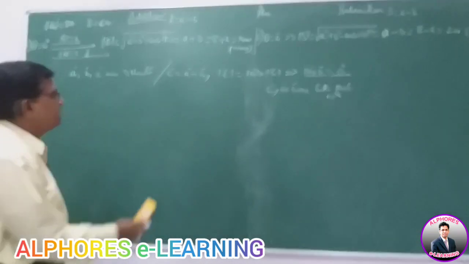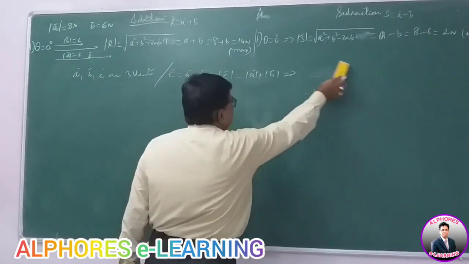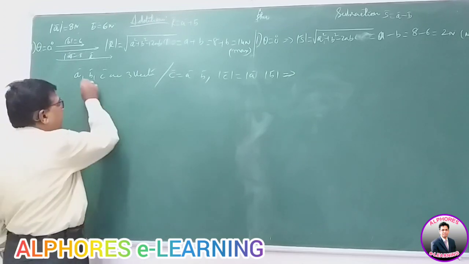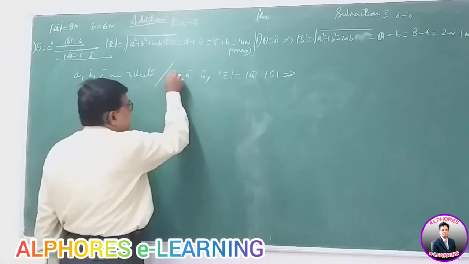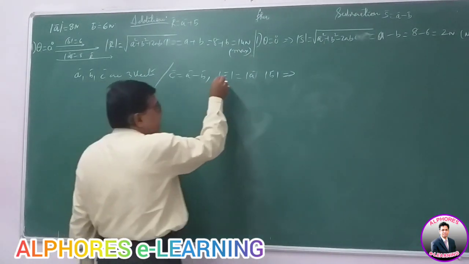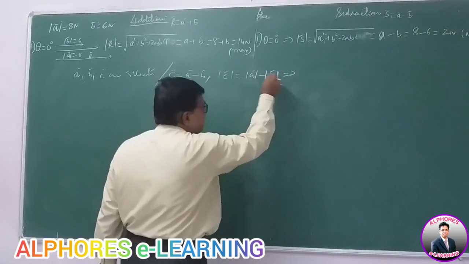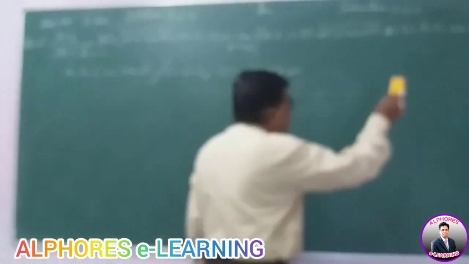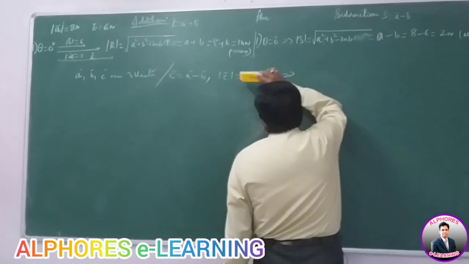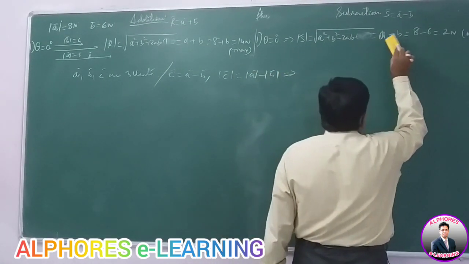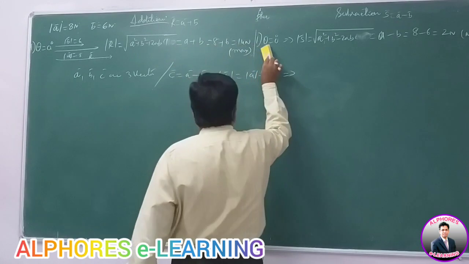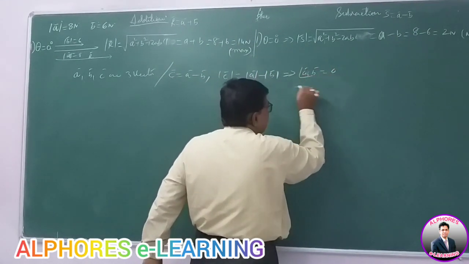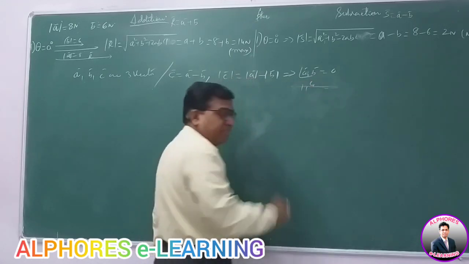If the same question is asked like this instead, the same question can be asked this way also. A bar, B bar, C bar are three vectors such that C bar is A bar minus B bar and mod C is mod A minus mod B. Then what do you infer? Now C is the subtraction of these both, so it is subtraction S, and the magnitude is A minus B. When is it possible? When theta is 0. So the angle between A and B is 0, or A bar and B bar are parallel or like vectors.